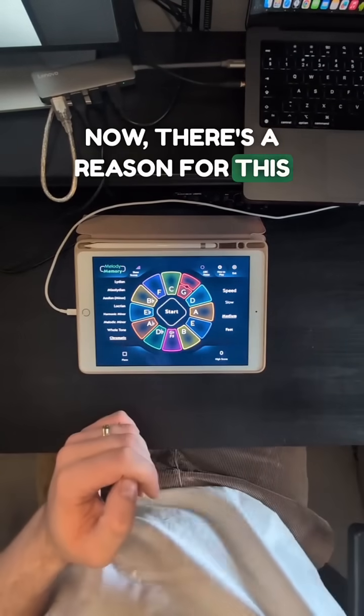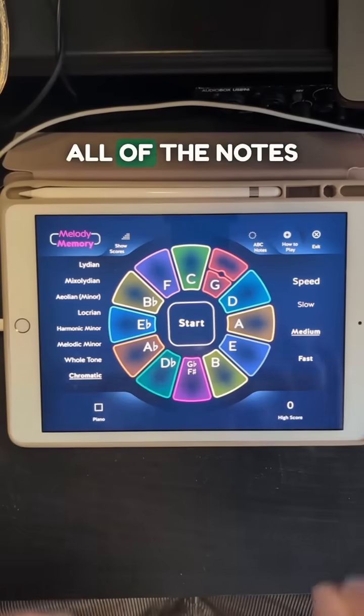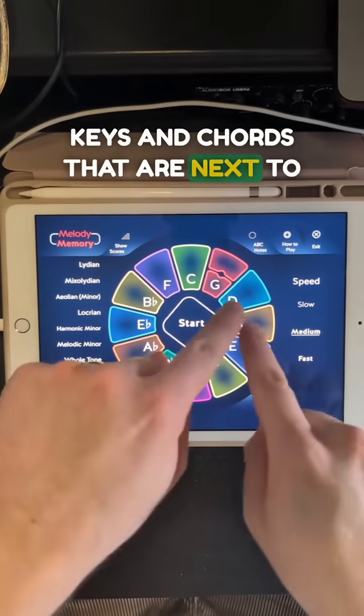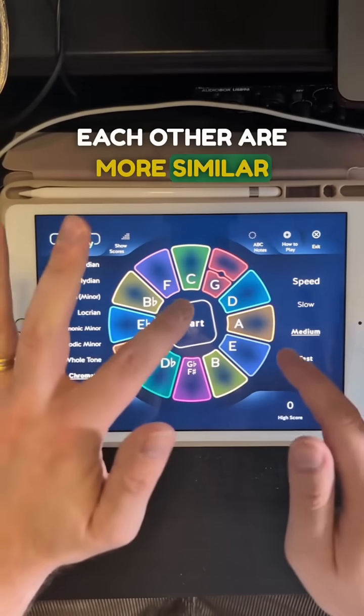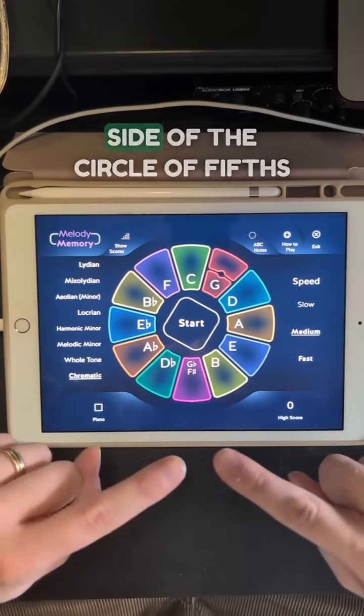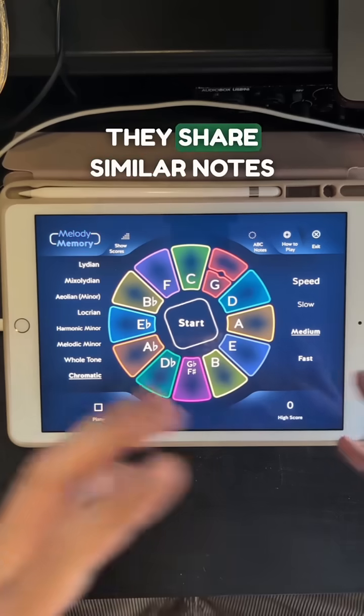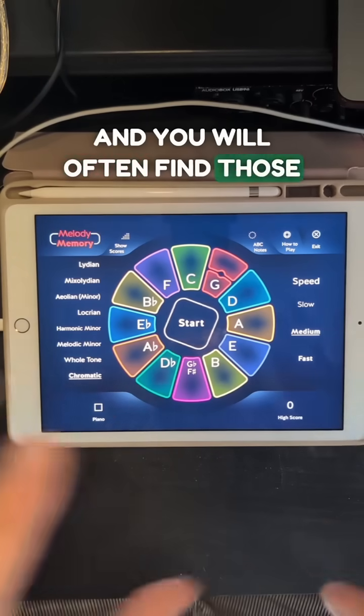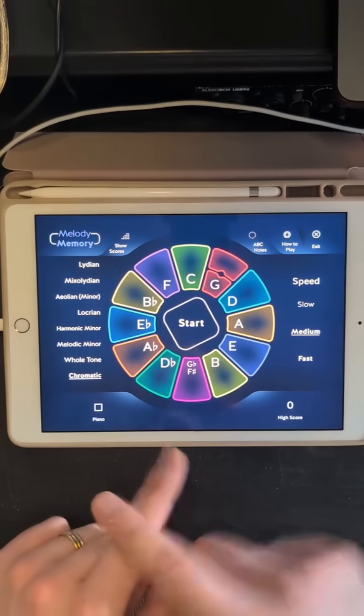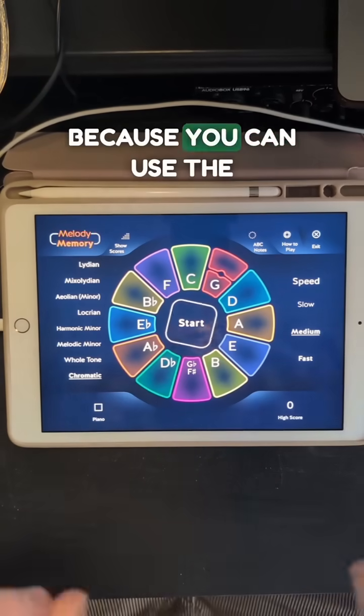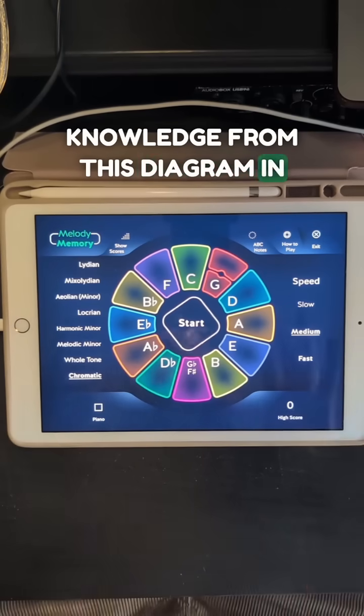Now, there's a reason for this. Generally speaking, all of the notes, keys and chords that are next to each other are more similar than those on the opposite side of the circle of fifths. They share similar notes and you'll often find those chords in each other's keys. This is helpful in a lot of ways because you can use the knowledge from this diagram in your